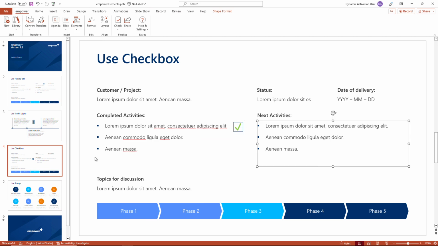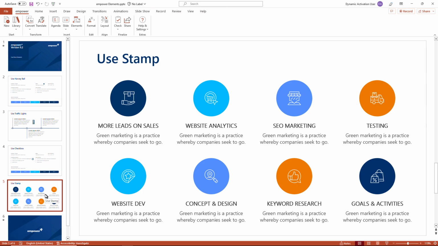So these are three different ways you can ensure that the status of a specific task or a specific milestone is displayed correctly. And we can also use a stamp. For example, if we assume this is specific sensitive data, or this is even a draft, and you want to emphasize that this slide or even the whole presentation is not yet finished, we can add a